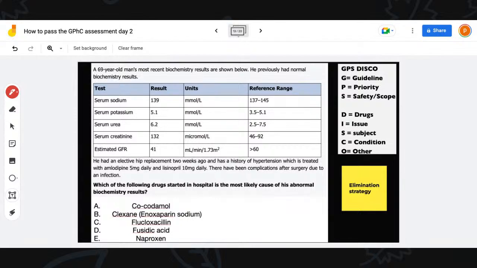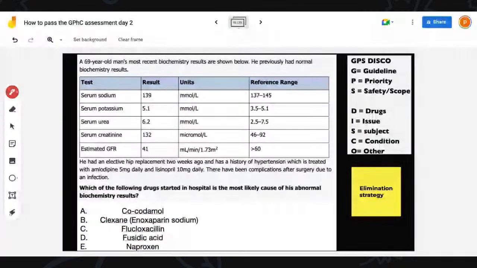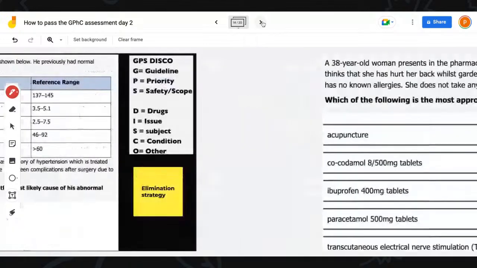Are you guys enjoying the session so far? We'll continue questions. Give me 1 if you're learning and understanding. Questions will get more difficult, but at the same time it will be easy because you have these strategies. All right, let's go to the next one, and then we may stop there and continue tomorrow.